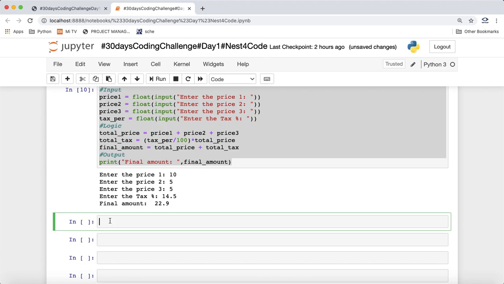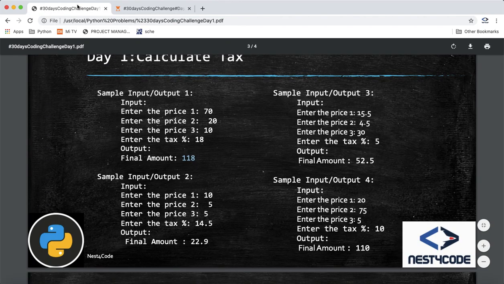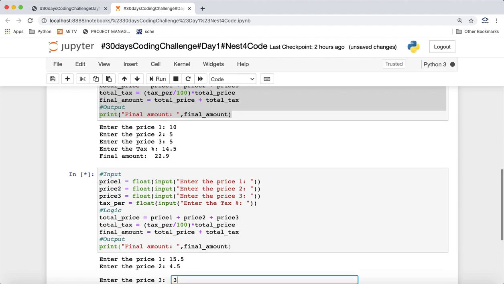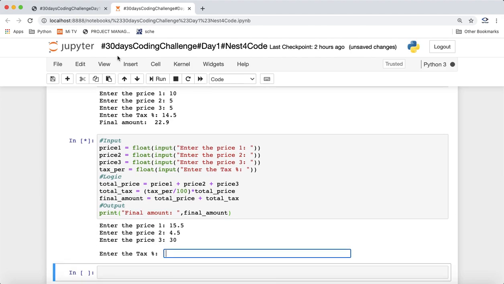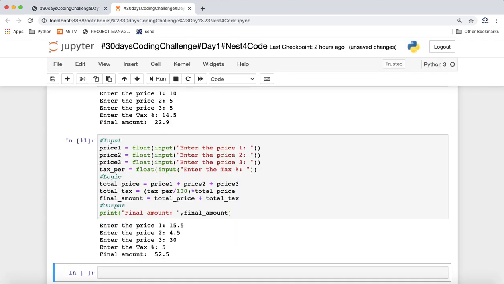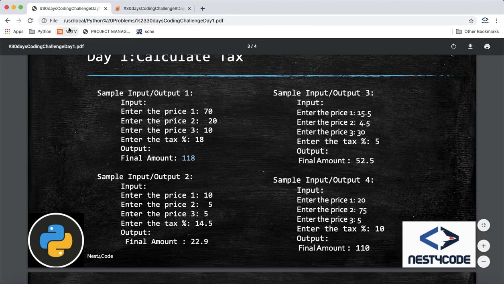So let's go with the third test case. What are the given prices? 15.5, 4.5, 30. What is the tax percentage? 5. Our output is coming as 52.5. Let's match it. Yeah, it's correct.